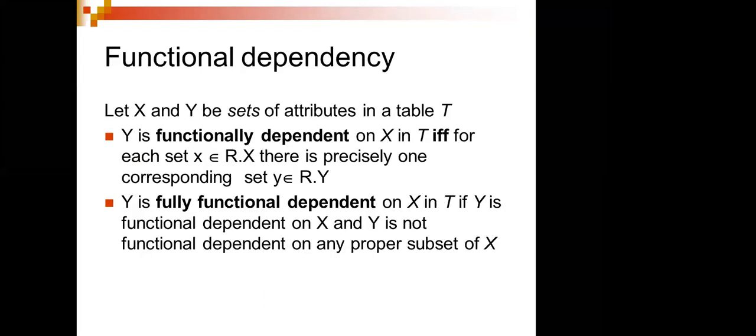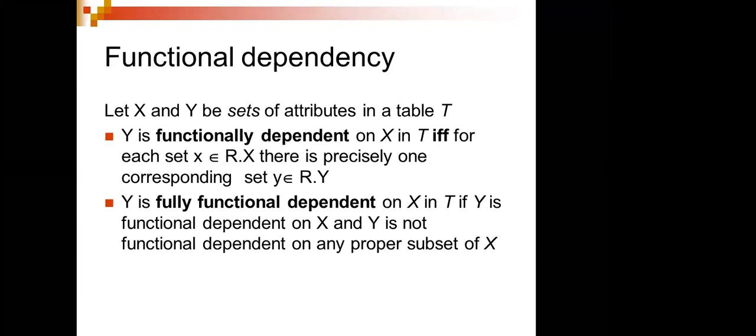Here we have to think about functional dependency. I was telling you about it in yesterday's class on normalization. We are talking about dependency, that means how one attribute depends on another attribute. Say this is an example, X and Y are the attributes. Attributes are nothing but the properties of the table. Here the table is T. In our DBMS terminology, we call this an entity. So here the entity or the table is T, for which X and Y are the attributes. Then how can I say functional dependency?